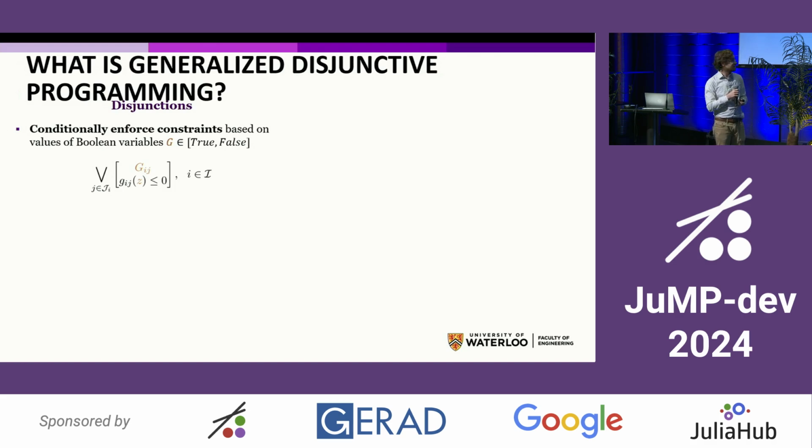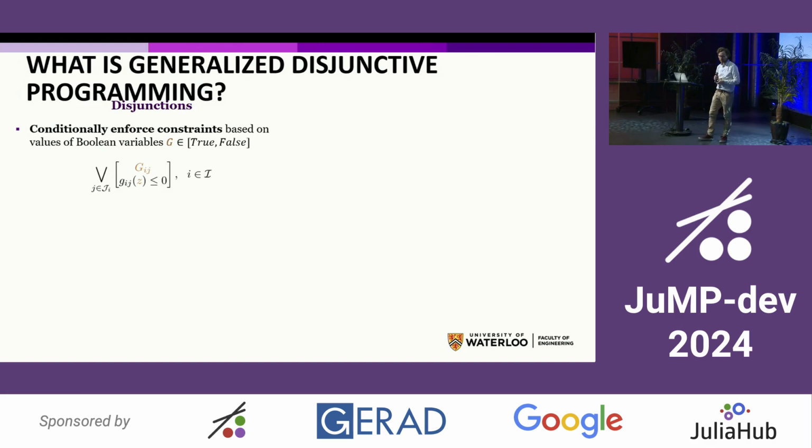The key idea is that we conditionally enforce constraints based on Boolean variables. Here I'll call them G, which can be equal to true or false. These will be in a collection of disjuncts, where typically only one of them in the collection is